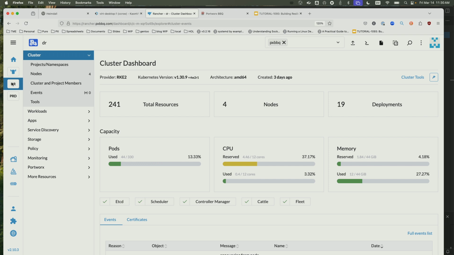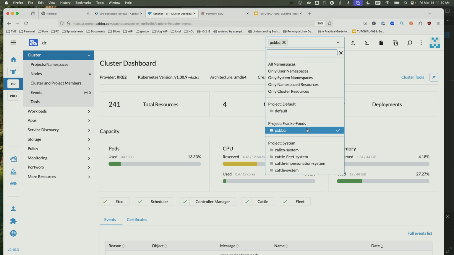So I'm going to go over to my DR site and take a look at what's here. Notice that we do support Rancher project mapping because, of course, access and RBAC are really important as part of that stuff, and we need to make sure we're putting things in the same project. And if you were a very fast reader, you saw in my cluster pair definition that I was actually mapping those projects.